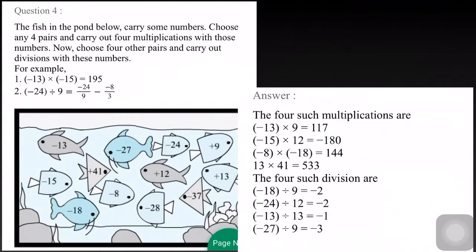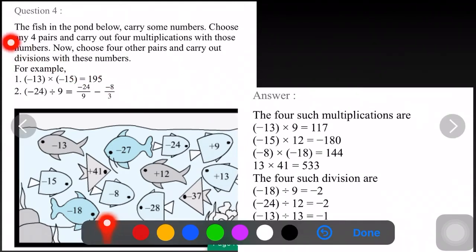Okay student, now question number 4. The fish in the pond below carry some numbers. Choose any 4 pairs and carry out 4 multiplications with those numbers. As you can see, this pond